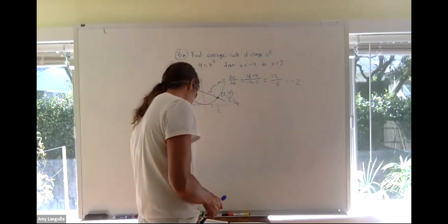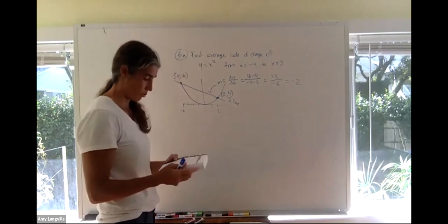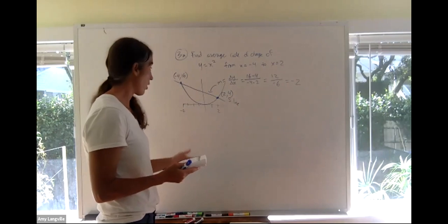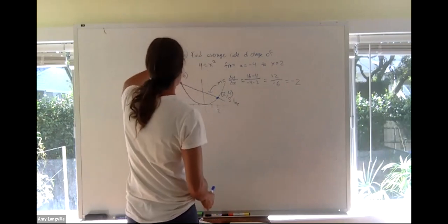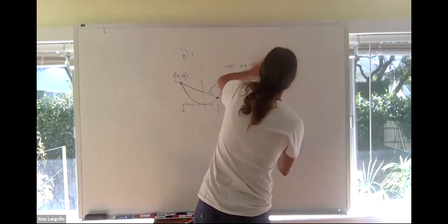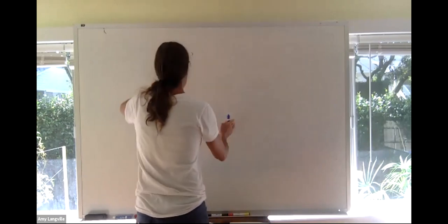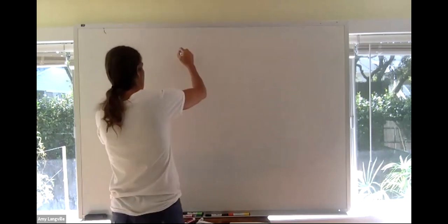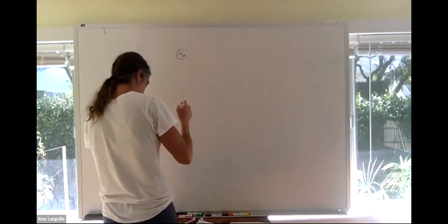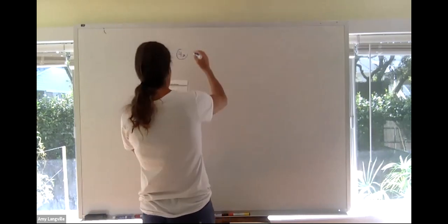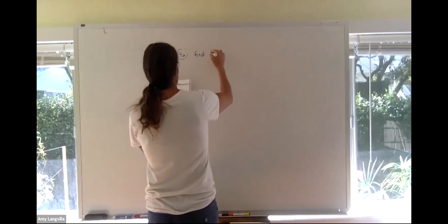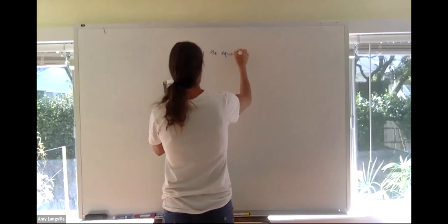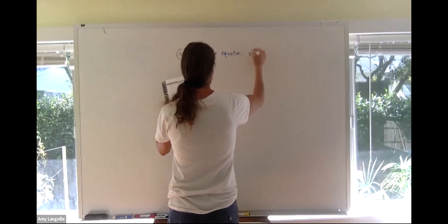Okay, let's do number 4. I'll do 4a. Quickly run through these. It's saying this time they want you to get the equation of the tangent line. So now we get to put together stuff from the module 0 preview about equations of lines. Find the equation of the tangent line